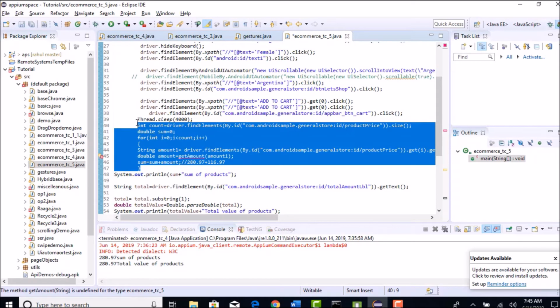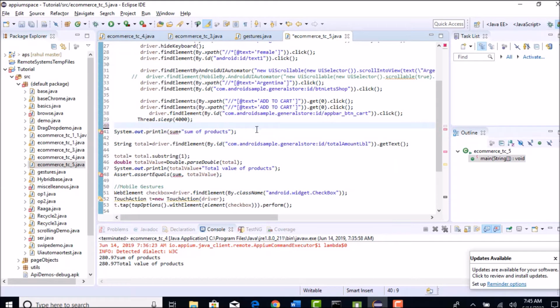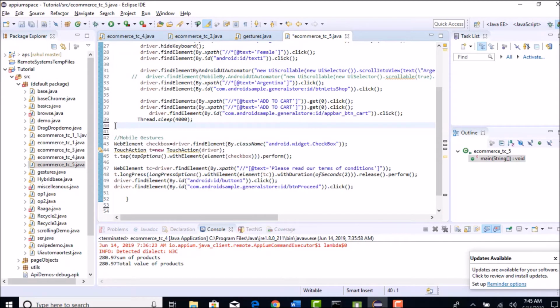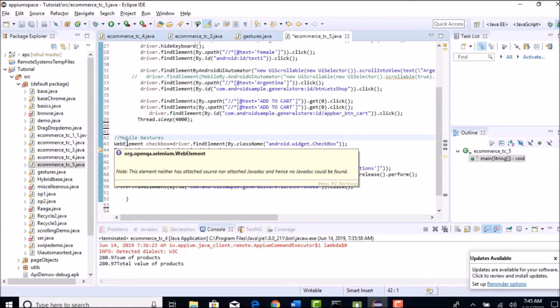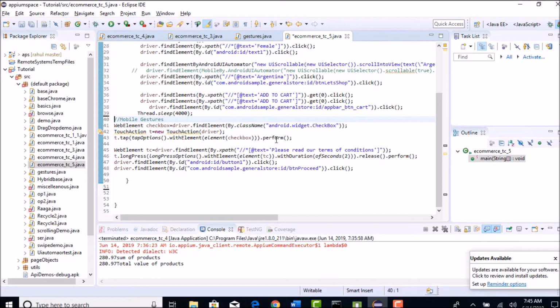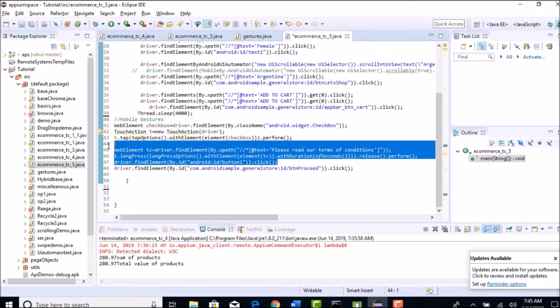Count 0. Sum of products is also not required. Let the mobile gesture stay here, that will not affect. But still, I don't want to waste time selecting terms and conditions, waiting, and so on, so I'll remove this.